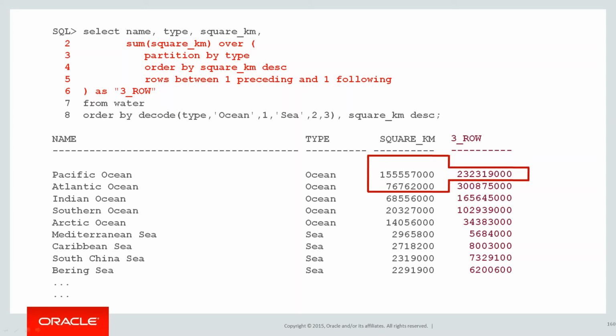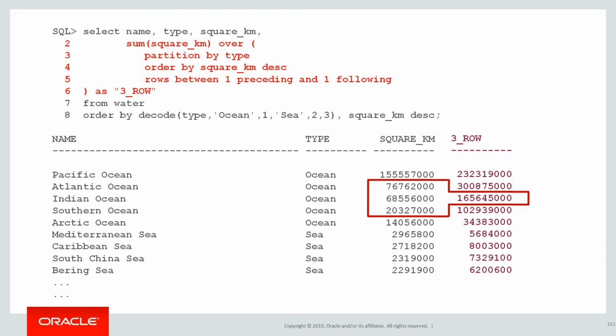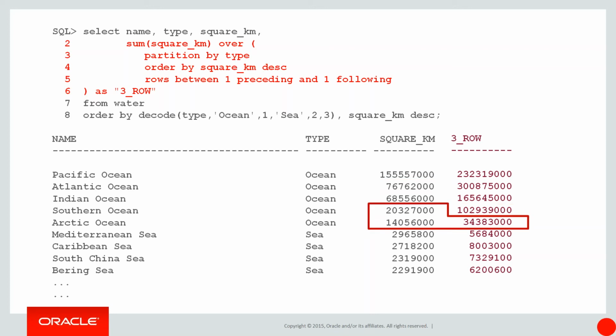As I move on to the next row, we can see Atlantic Ocean looks one backwards, Pacific Ocean looks one forward, Indian Ocean, etc. Right? As we walk through, we're looking one row backwards, one row forwards. We have a lot of flexibility when it comes to how many rows we want to look backwards and forwards just by using the windowing clause. Nice and easy. And one thing I should say is you can see we've stopped there at the Arctic Ocean because we partition by type. So I can look one row backwards into the Southern Ocean. I can't look one row forwards to the Mediterranean because it's a different type of ocean, different type of waterway. So that's the partitioning clause coming into play there.